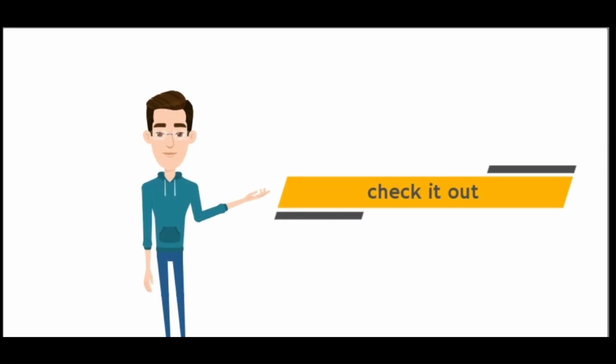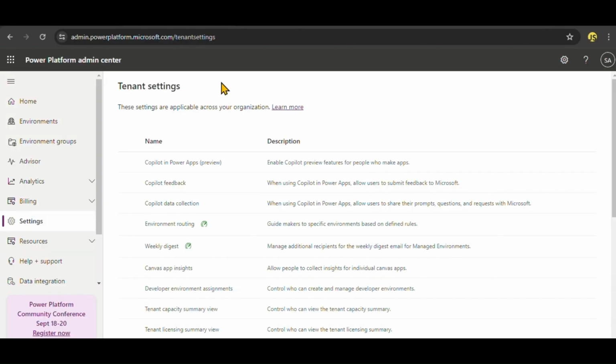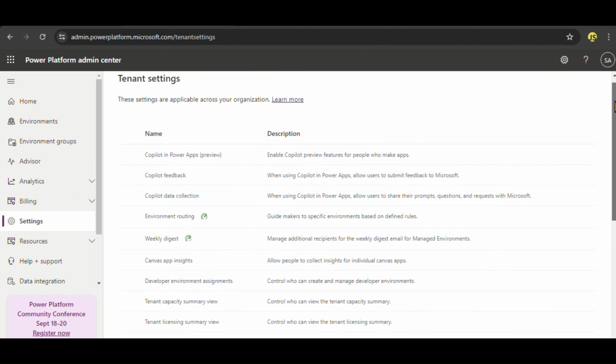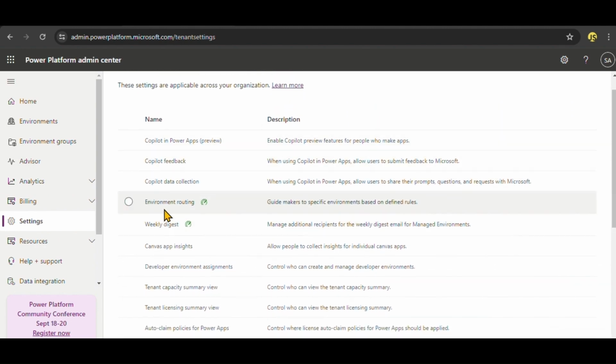Let's check out how we configure it. Log into Power Platform Admin Center, then click on Settings. Do remember, since this is a tenant-level setting, you need to have Power Platform admin privilege. Once you have the privilege, you can come down to the settings icon and here you can see